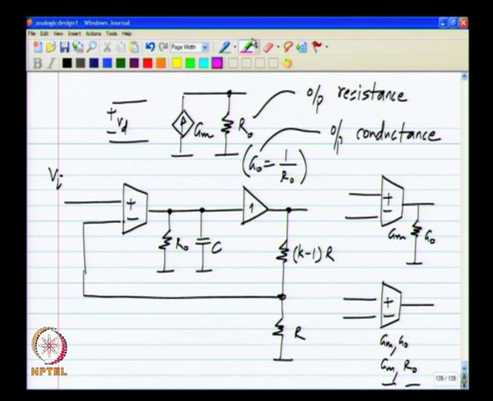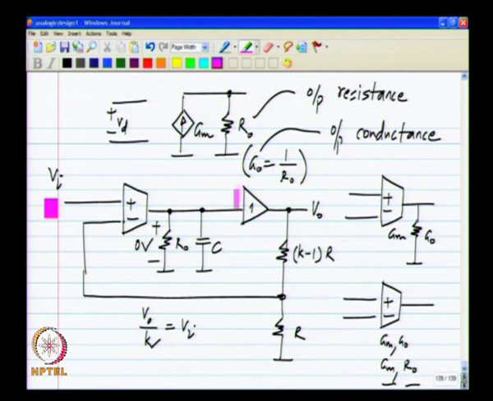Okay. So, again let us assume that Vi is a constant, and let us see what is the value of Vo that we get. Earlier, if Vi was a constant, eventually Vo would go to a value which is K times Vi. Okay. So, that is how we got the amplifier. Now, let us see if Vo is K times Vi, this will be Vo by K, which will be equal to Vi. Okay. And the difference voltage of the transconductance is 0, which means that the current flowing out is 0. Okay. And because the current is 0, the current through the resistor will be 0 and the voltage across this is also 0.